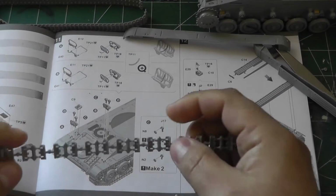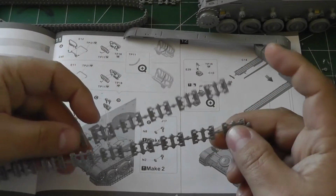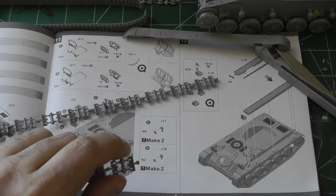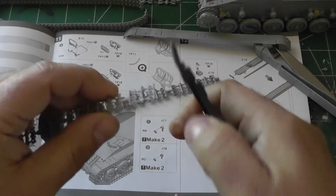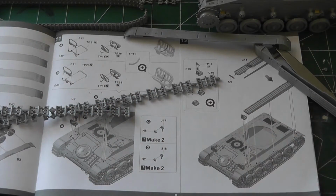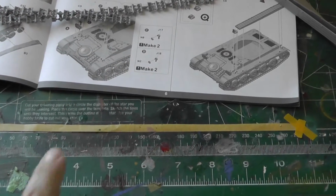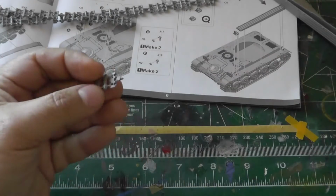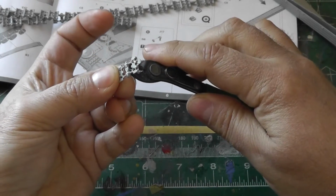Now the tracks. Now the way I did the tracks here, they come in these strips. So, you know, trim them off as such. And what I did, I just trimmed off at the main points here, just to show you a quick example. And if I have a piece of tape here, let me just move the camera down a little bit. There you go. I have a piece here, sticky side up, taped up on both ends. And what I'm doing is, as I trim these,